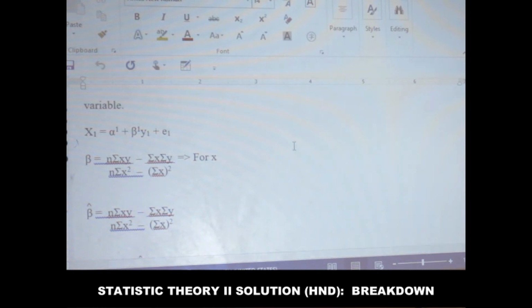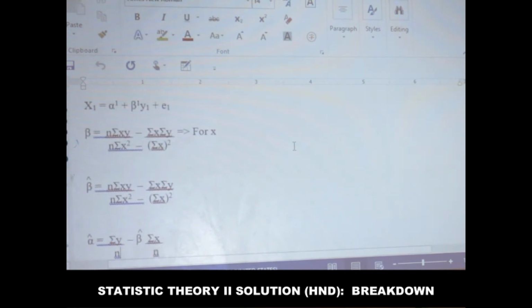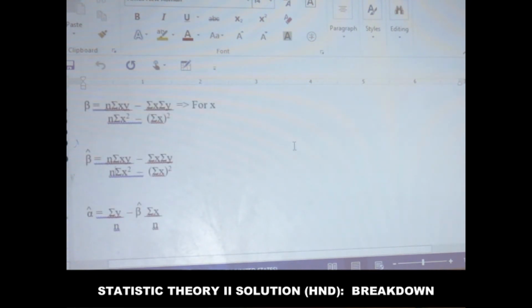Then you have beta equal to n summation xy minus summation x summation y over n summation x squared minus bracket summation x close the bracket square. Now, you use this to solve for alpha. After you have gotten your beta,